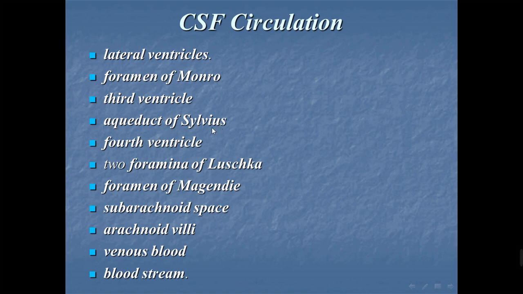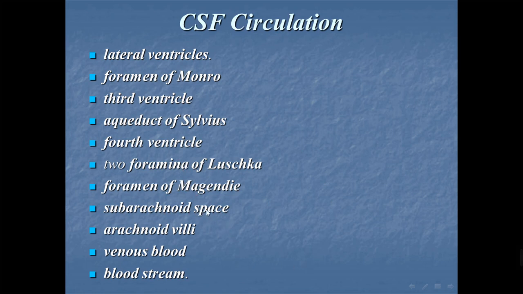a small canal. Then from the fourth ventricle, CSF will pass through three foramina: two foramina of Luschka on the lateral side. In order not to forget their names, remember that L, Luschka, is for lateral, and M, Magendie, is for the midline canal, called the foramen of Magendie. These three channels or foramina will take the CSF from the fourth ventricle to the subarachnoid space surrounding the brain